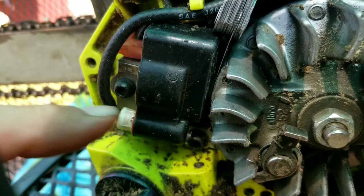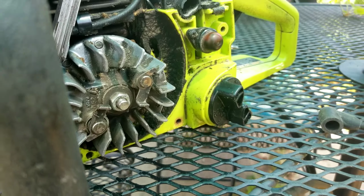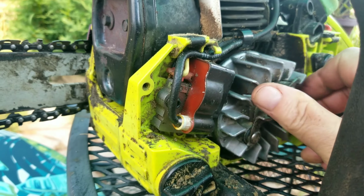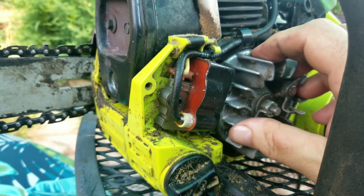Alright, I wanted you to see how that feeler gauge fits in there. You can see the feeler gauge is wrapped around the flywheel, between the flywheel and the coil, and the coil has been pulled tight against the flywheel because of the magnet. Now that that's all locked in place, we're going to tighten down the set screws on the flywheel. Once it's tightened down, we're going to rotate the flywheel around and pull the feeler gauge out, and now we can